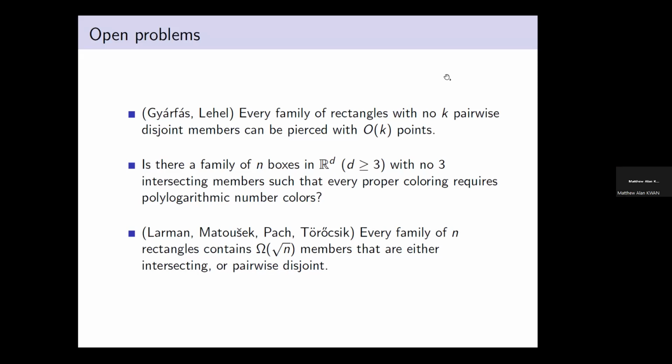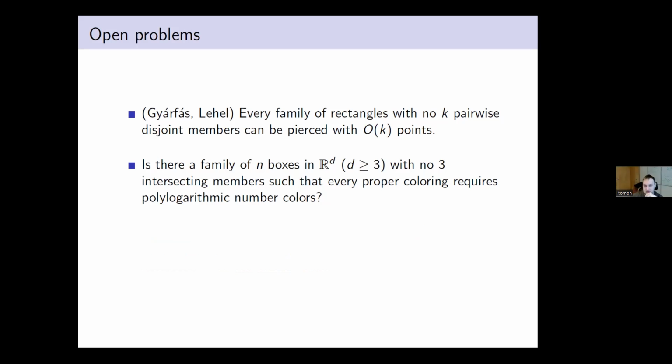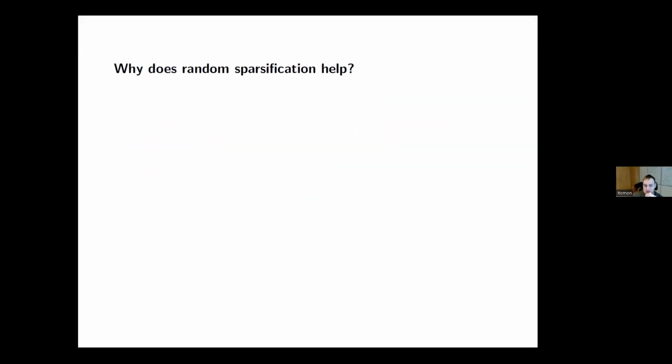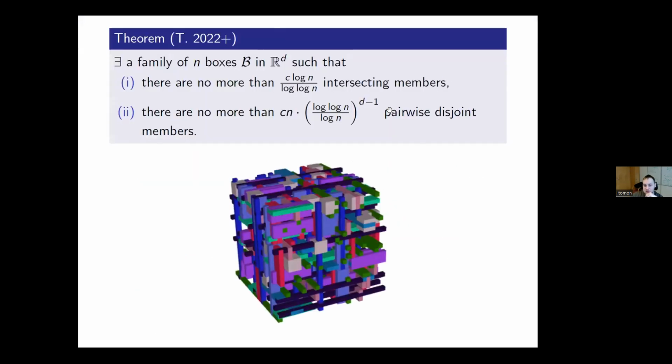Is it easy to explain why this sort of stuff doesn't work when d equals 2? Yes. Maybe to show you. Actually, what you get in d equals 2 is a comparability graph. If you look at all these boxes or all these partitions, they will form a comparability graph. So no matter how you sample, you won't get anything interesting out of it. I see.